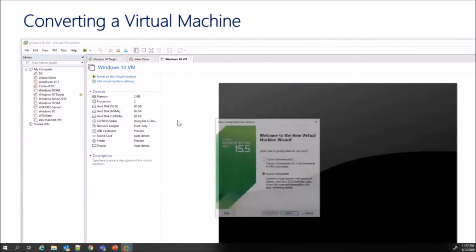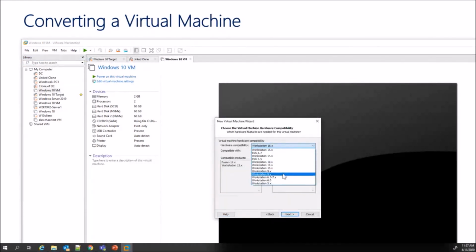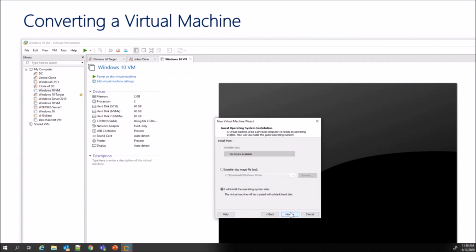New virtual machine. If you remember, when we create a virtual machine, we choose the hardware compatibility. So let's say we choose a hardware compatibility of Workstation 5.0. This type of virtual machine is compatible with all of these ESXi versions, and when you create an ESXi, it's the same. You create it based on the hardware compatibility. So I can check that box as well. And basically, if I do that,